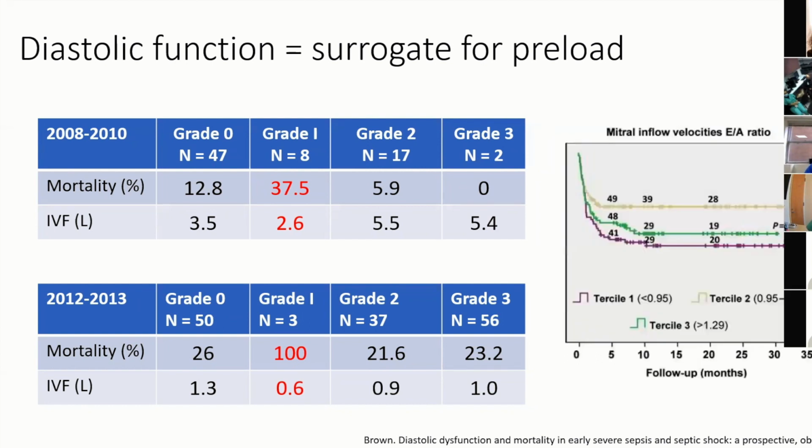So when we look at this, this seems to correlate fairly well with that prior study that I had shown, where we can see that when they looked at the mitral inflows, the E to A ratios, people who have a very low E to A ratio, which would be impaired relaxation, had the worst survival. So this wasn't just found at our own institution. This was found in another large population, both suggesting that those patients seem to be most susceptible to mortality, perhaps